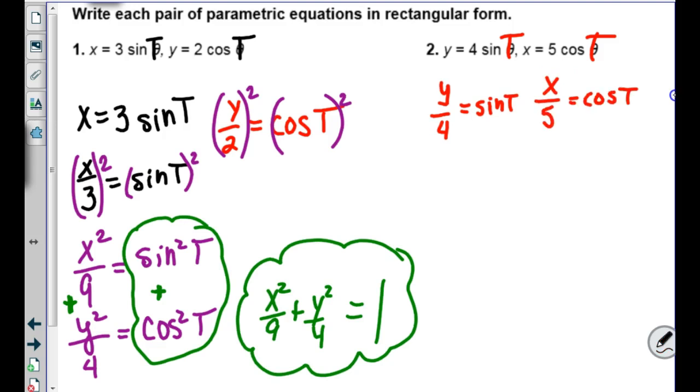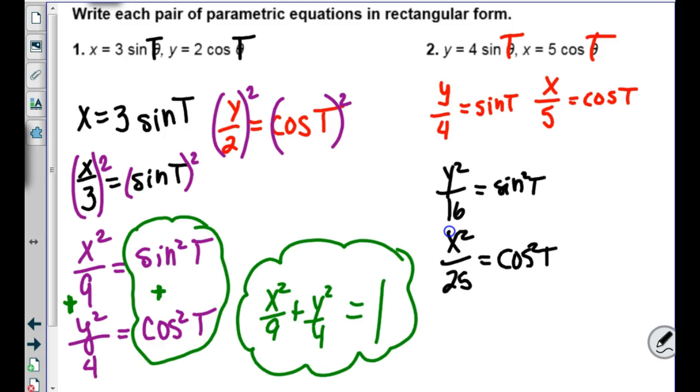Then what do you have to do to both sides? And then when you add a sine squared to a cosine squared, you just get